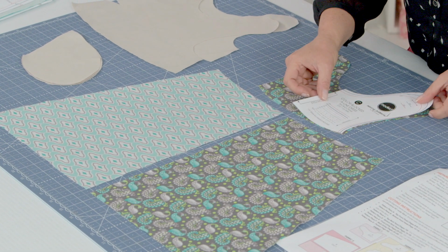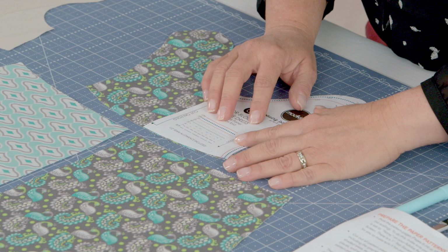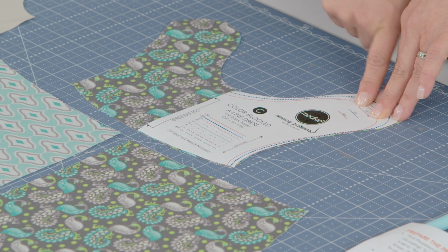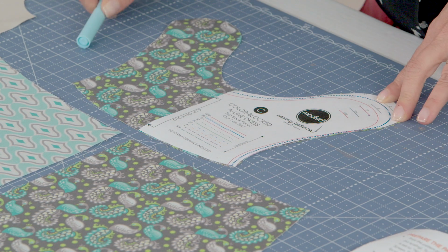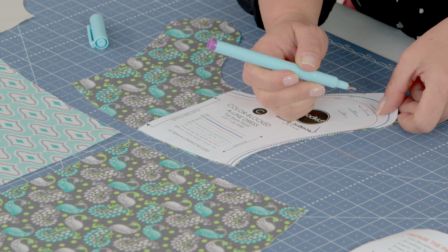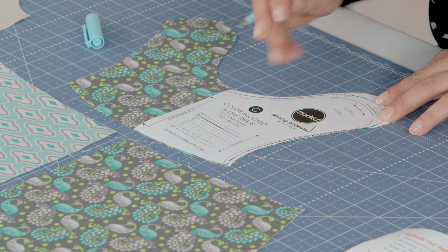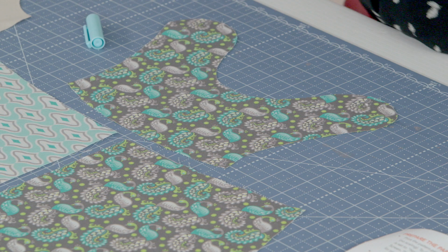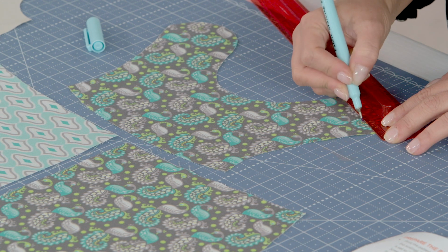So this is the way I like to do my marking. I line up all of the edges of your paper pattern with one of the sides of your fabric, and then you find the buttonhole marking that matches the size you are sewing. Now we are sewing the size 2T, so I'm going to mark my 2T buttonhole. I like to use a marking tool and actually pierce the paper pattern just to mark 2 little holes in here, and then through the pattern you can make a tiny little marking onto the fabric. Go ahead and lift it just to make sure your dots are there, and I can see that they are here. So then you can remove the pattern and just connect the dots. You're going to go from dot to dot to make your buttonhole marking,